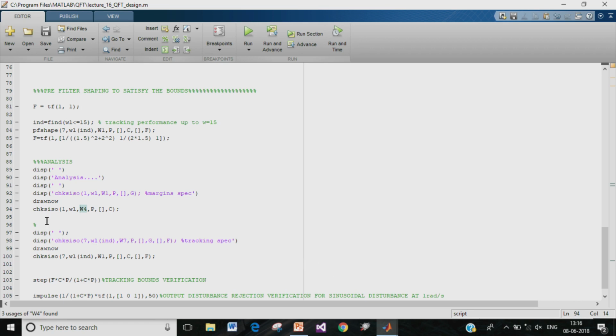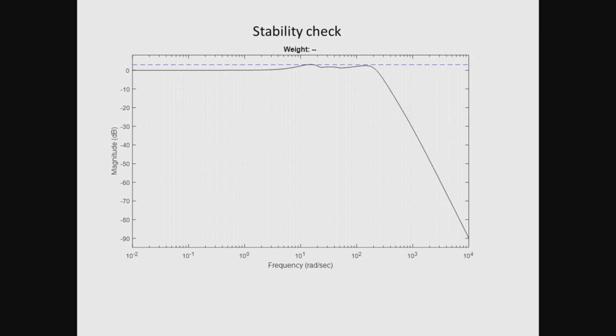If we execute this particular line of the code, we will be able to check whether at all the frequencies the maximum value of the transmission function is within the specified upper limit of 3 dB or not, and that has been done here in this slide.